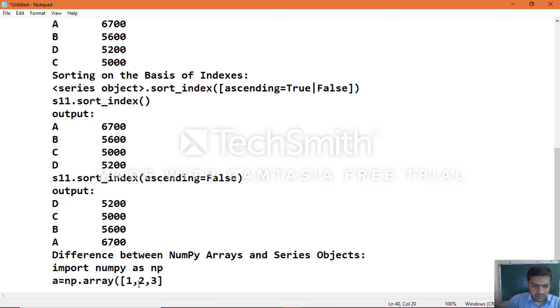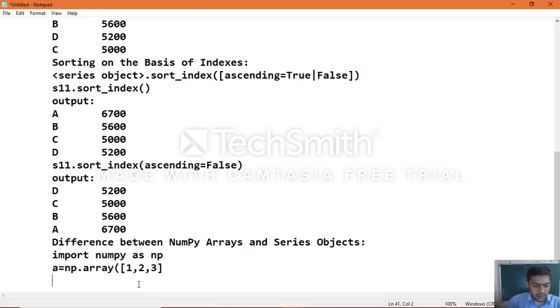Then take one more variable a1 equal to np.array of 11, 22, 33, 44, 55. Here you can see both are one-dimensional arrays, this is one and this is another.